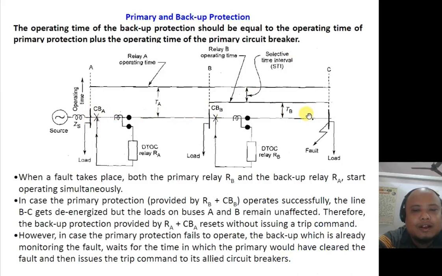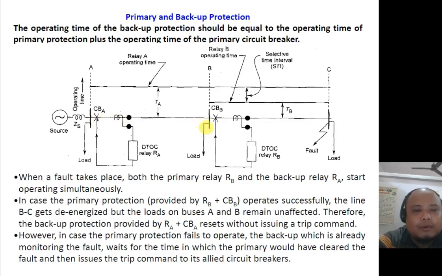Even though the fault is cleared, this should not be disconnected, but because of this wrong coordination between RA and RB, even though the fault is cleared, this faulty section line is disconnected, still due to wrong operating time, because it has not waited for this primary scheme to clear the fault. Instead of waiting, it issues a trip command. After some time this line section is also disconnected unnecessarily, which should not happen. This is an undesirable situation,